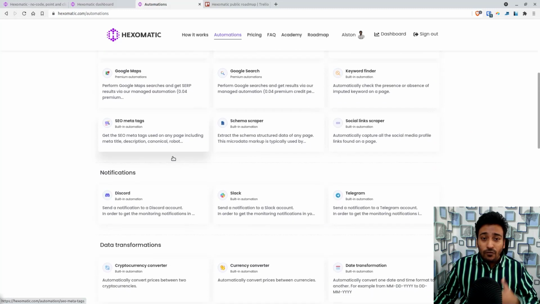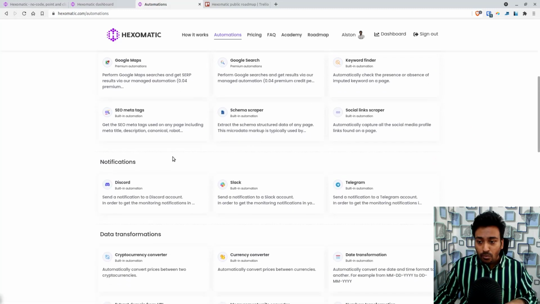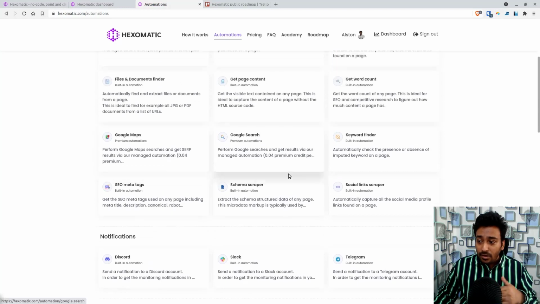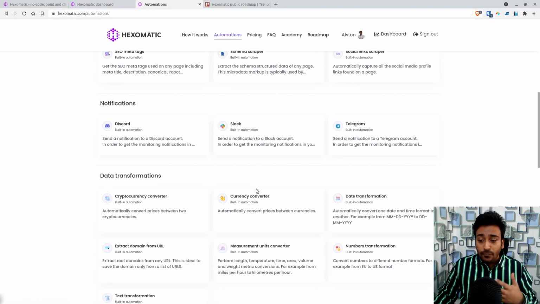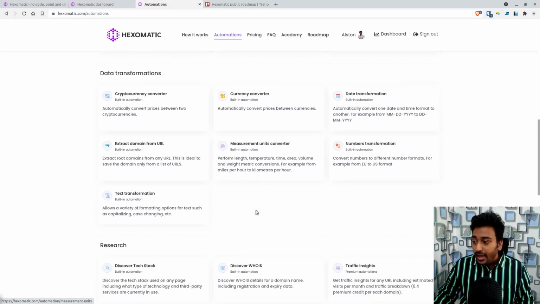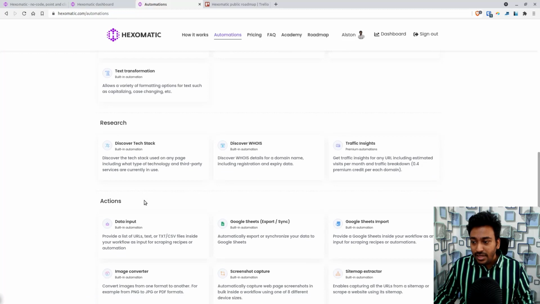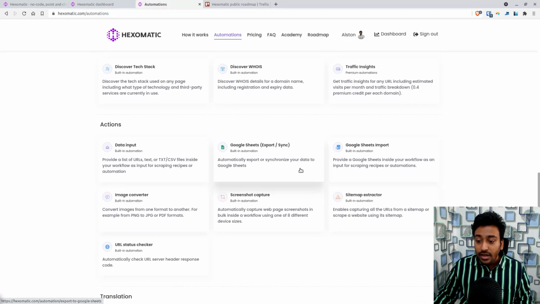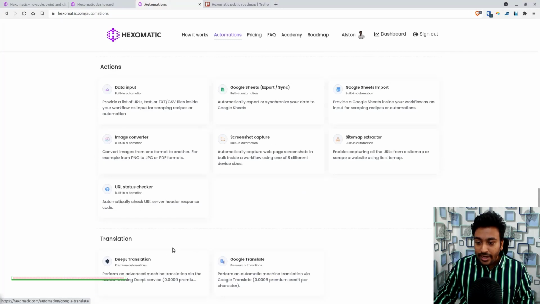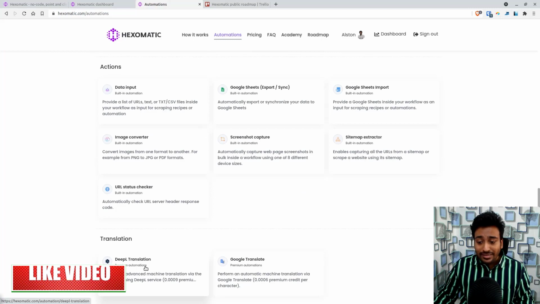It's still at a very low number of modules, but it has a lot of important features for some of you. For me, tech stack is really good to identify the tech resources they are using. Discover voice is there, schema markup is there, and these are available on premium automation, which means you need to pay extra for them.